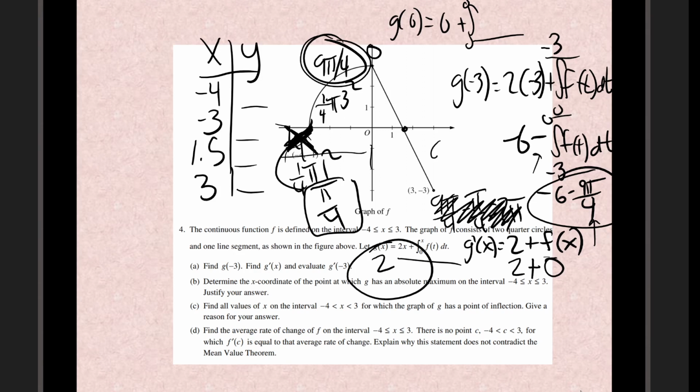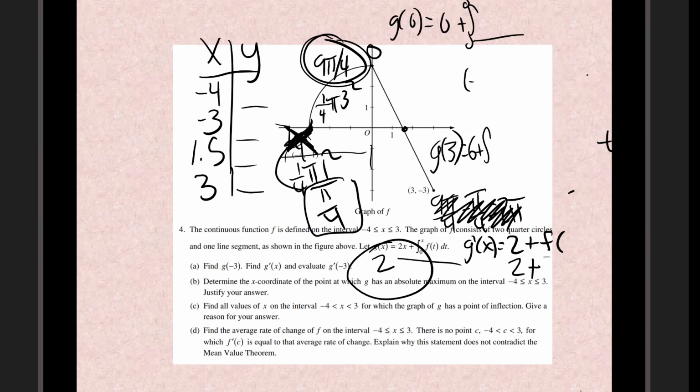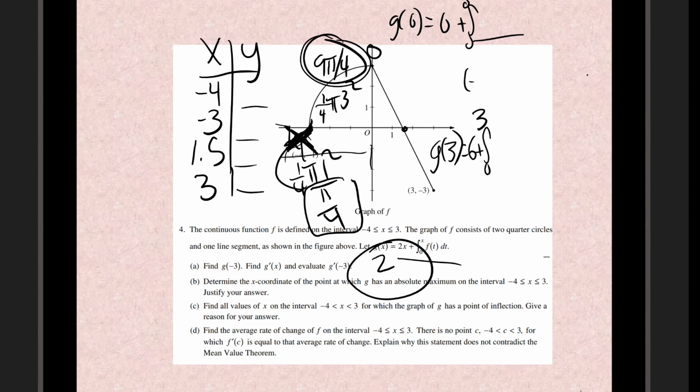G of 3 is 6 plus the integral from 0 to 3 of f of t dt. I should clear out all this stuff here. So g of 3 is, well, the integral from 0 to 3, this area and this area exactly cancel each other. So it's just 6. All right, g of 1.5